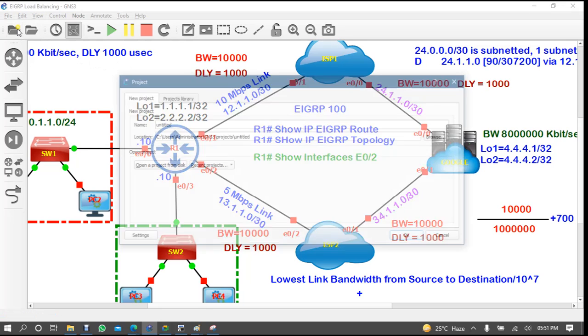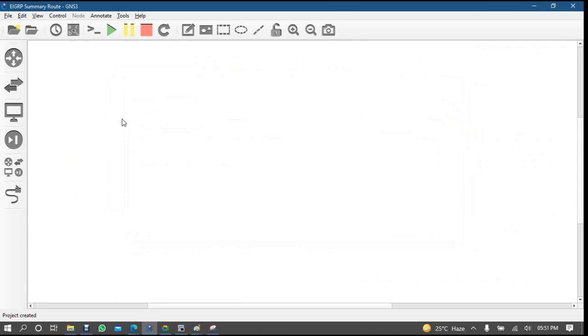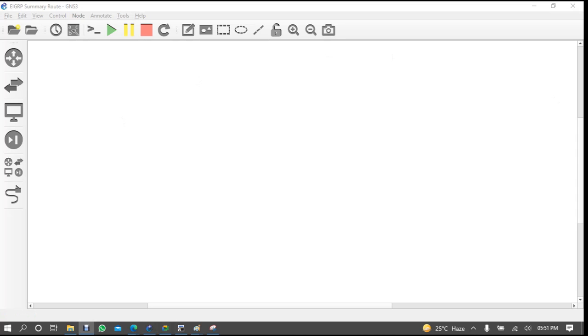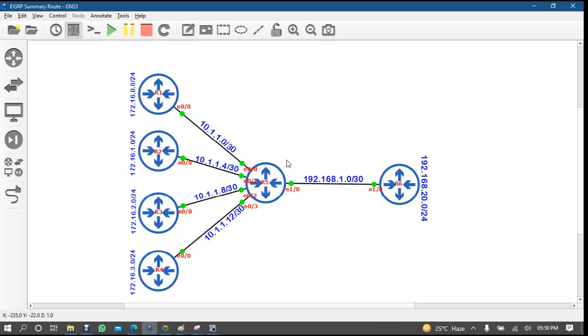This lab is very big. EIGRP summary route. So here you can see that your lab is ready for IP summarization or route summarization.